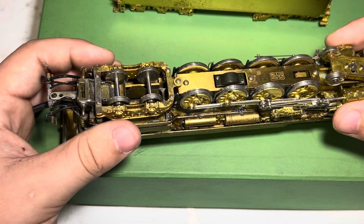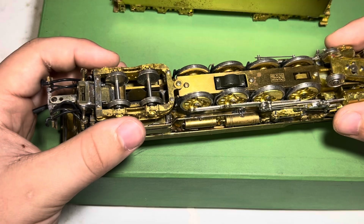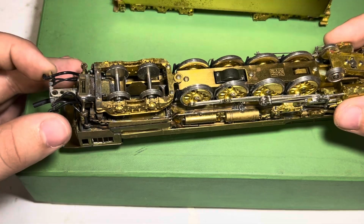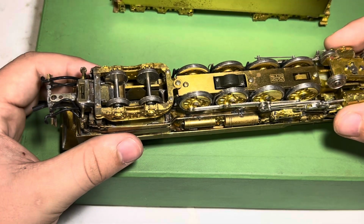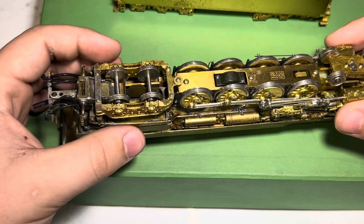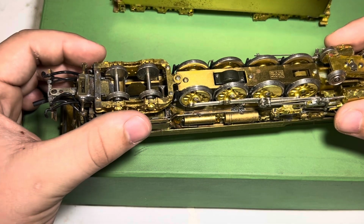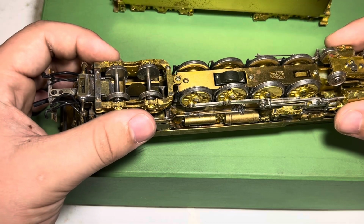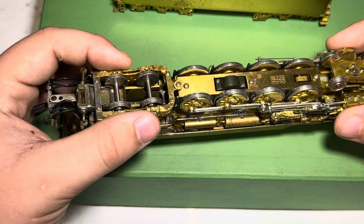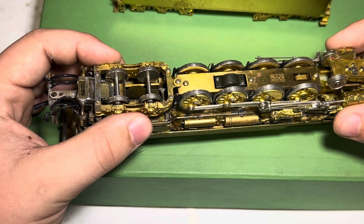Like, he stretched out the boiler on some brass engines because they weren't the right diameter, and rebuilt the entire everything, and added all the steam pipes going from each articulated driver set and stuff like that. But I think the place where you would know his work from is Tony Kester's Nickel Plate Railroad, where I think he did a lot of the detailing work on those engines and a lot of the maintenance work. I think he designed blenders, and then he actually designed some of the Overland Shays, and was one of the main proponents behind getting the correct drivers for the